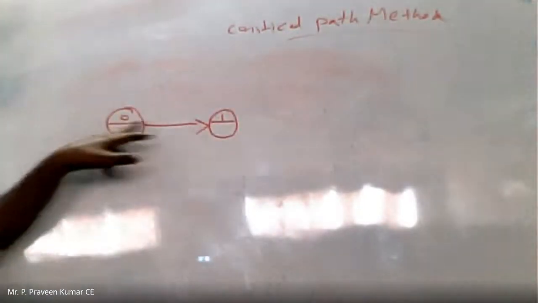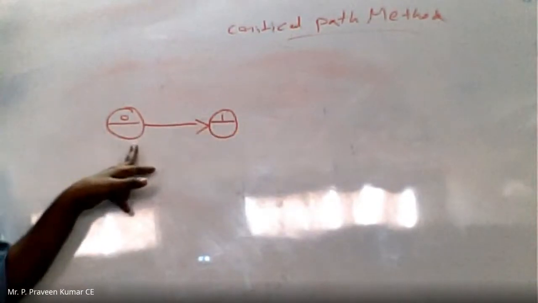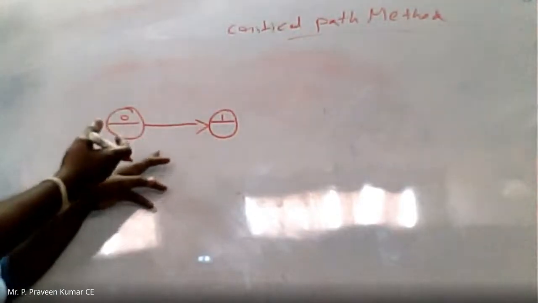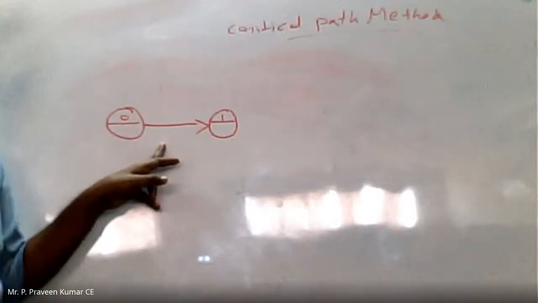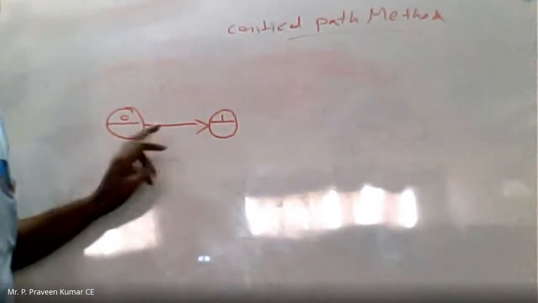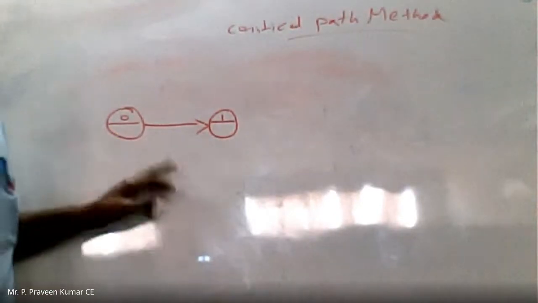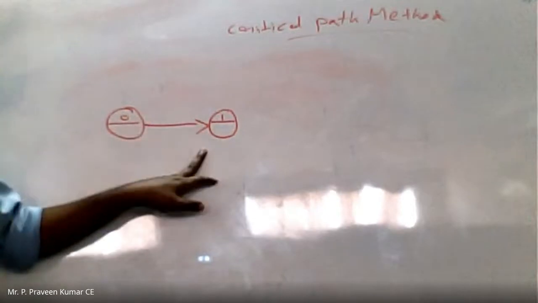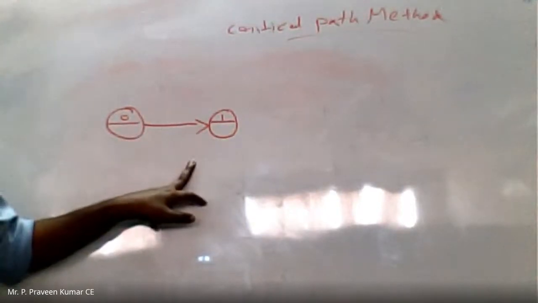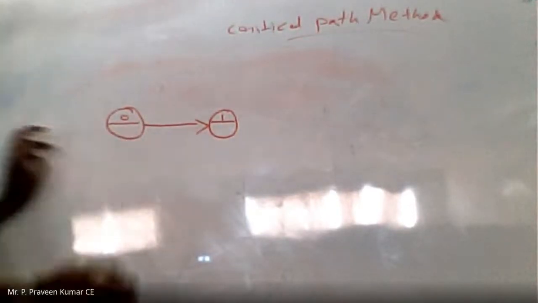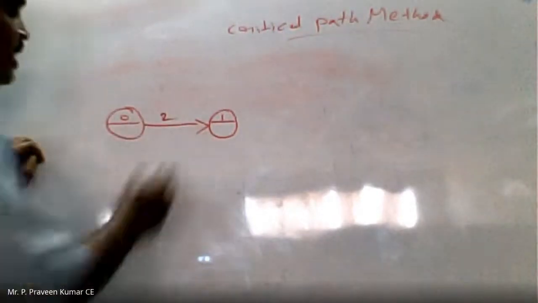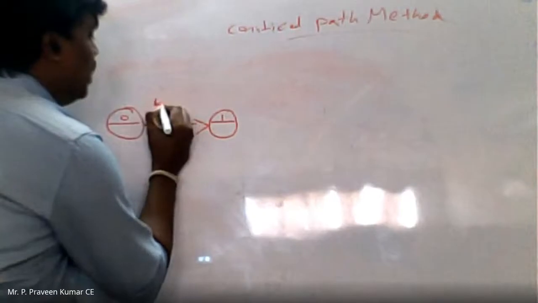See, 0 to 1. I have started with the activity 0 to 1, whatever I haven't done in my own way. Just this has been given in the problem itself. The starting point of the project is the activity they have given, 0 to 1. So for this 0 to 1, what is the duration time? 2 is the duration time. This duration time is mentioned as Tij.